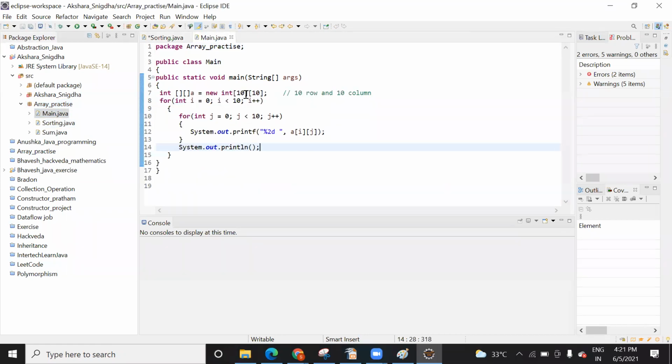So in C++, we used to declare a dynamic array using pointers, like int pointer array equals new int. Yes, that's what I was asking about. The calloc and malloc functions that I'm saying are used for dynamic allocation. In calloc, the syntax was int asterisk, then you pass the size of the data type. So in Java, the compiler can understand whether it is a normal array or a dynamic array. Yes.